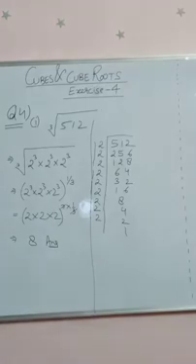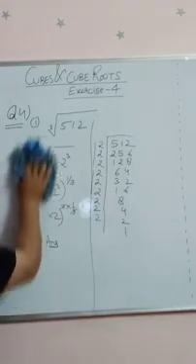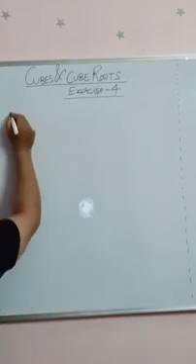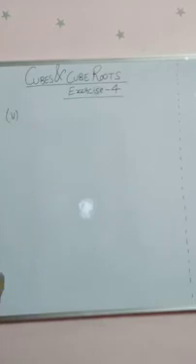Let us continue with the next part of the question, that is the fifth part of it. The fifth part of the same question. So let us continue with the fifth part of question number 4. Now in mathematics, when you are solving a particular question, remember there can be 1,000 different ways of solving the same question. But what you need to understand is that whatever way you are using should be a logical method. So let us continue with the fifth part of it. The fifth part of this question is to find the cube root of 1000.